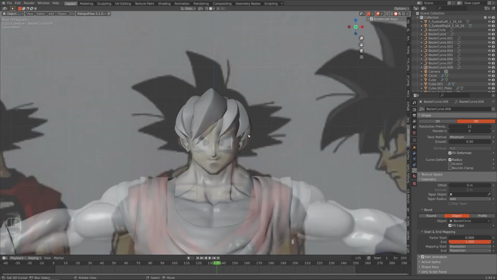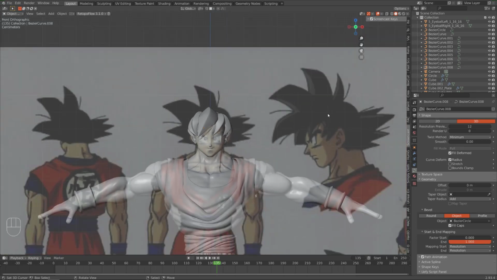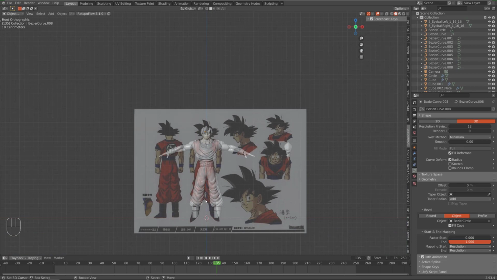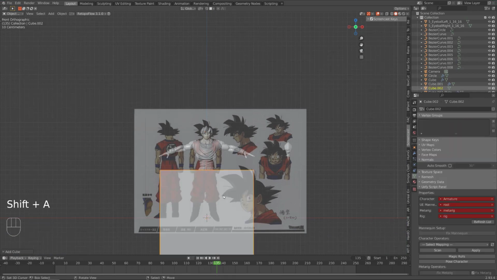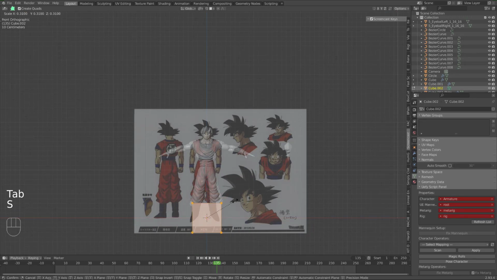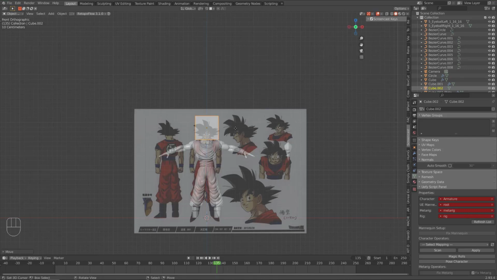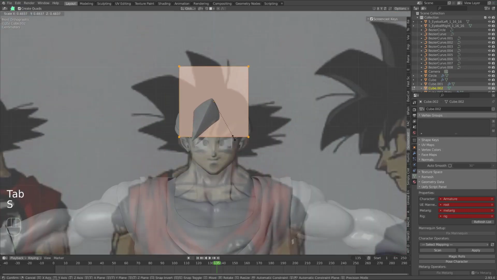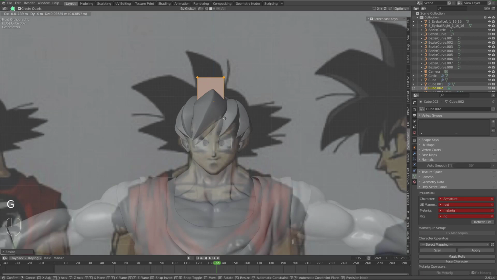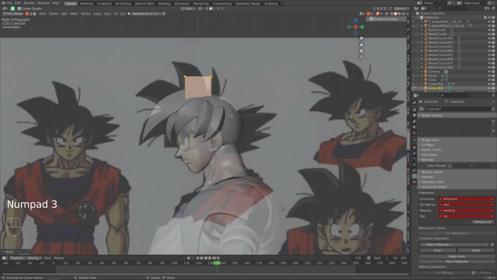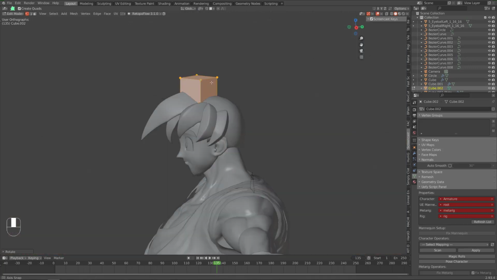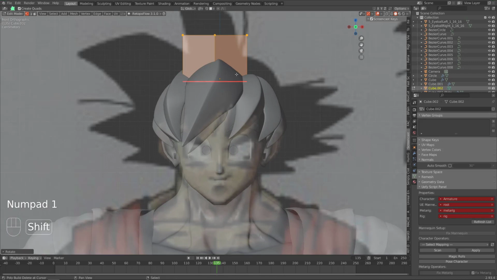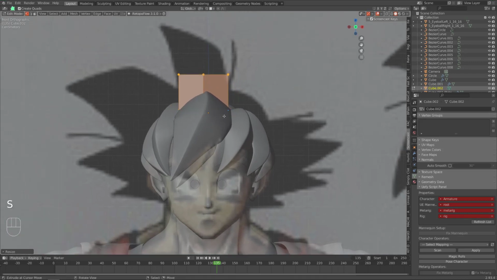Alright guys, so now that we have the bangs complete, we're going to start modeling the bigger clumps of hair. So, with our cursor still in the center, we're going to Shift A and add a cube. And Tab into edit mode, scale it down, Tab back into object mode, G, Z, bring it up on the Z axis, scale it back down in edit mode, and I like to rotate it on the Z axis 45 degrees. This will help us have that angular shape. Scale this down and